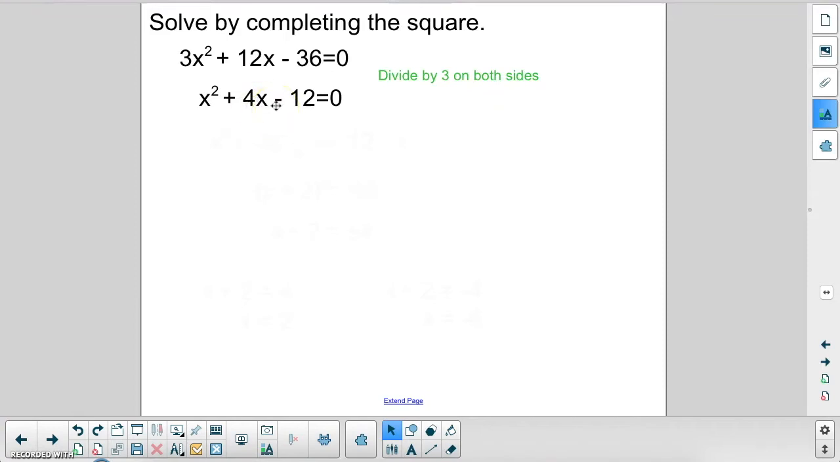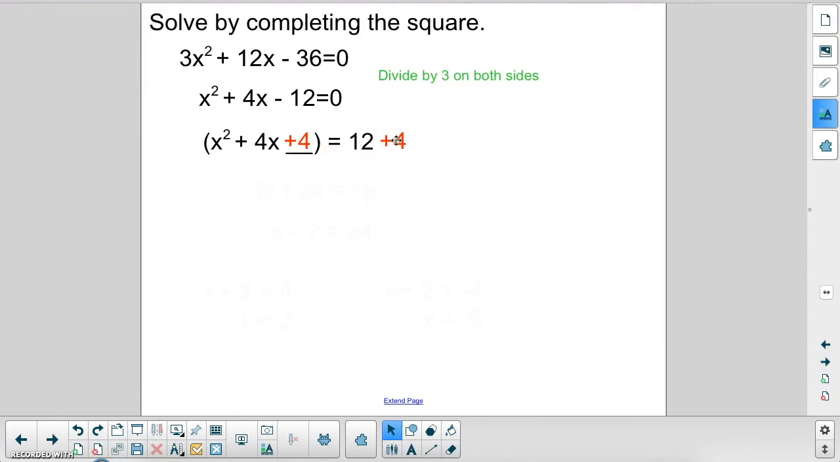Now I can go ahead and complete the square. I'm going to group my x squared term and 4x term together, and I'm going to move 12 to the other side. Now I need to take half of b and square it, which gives me positive 4. Half of 4 is 2. 2 squared is 4. Because I've added 4 to this side, I have to balance the equation and add 4